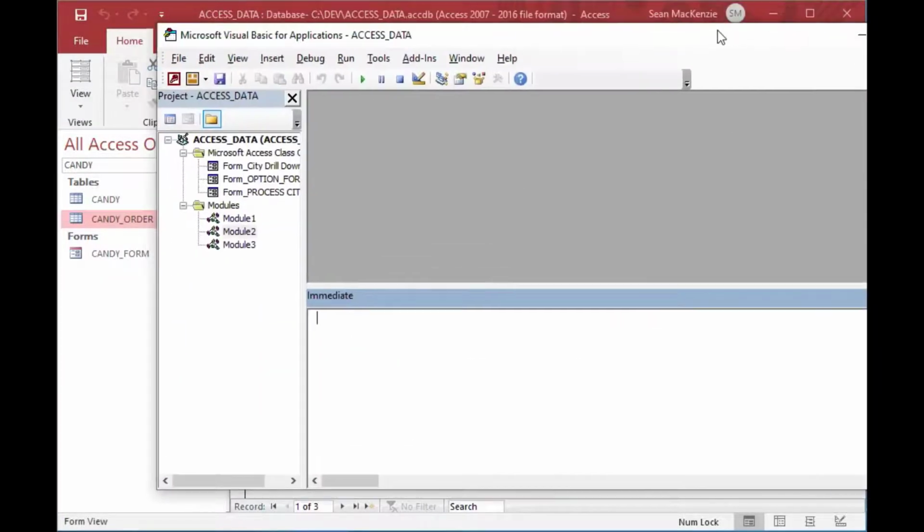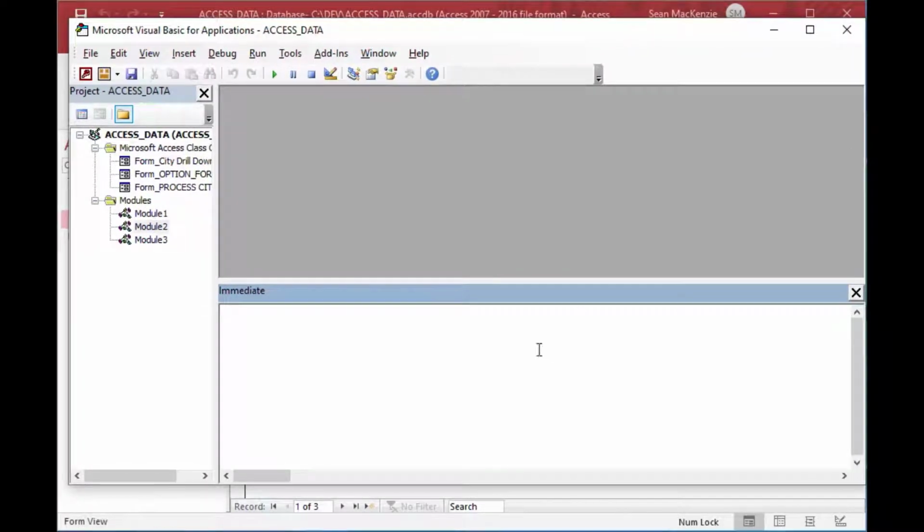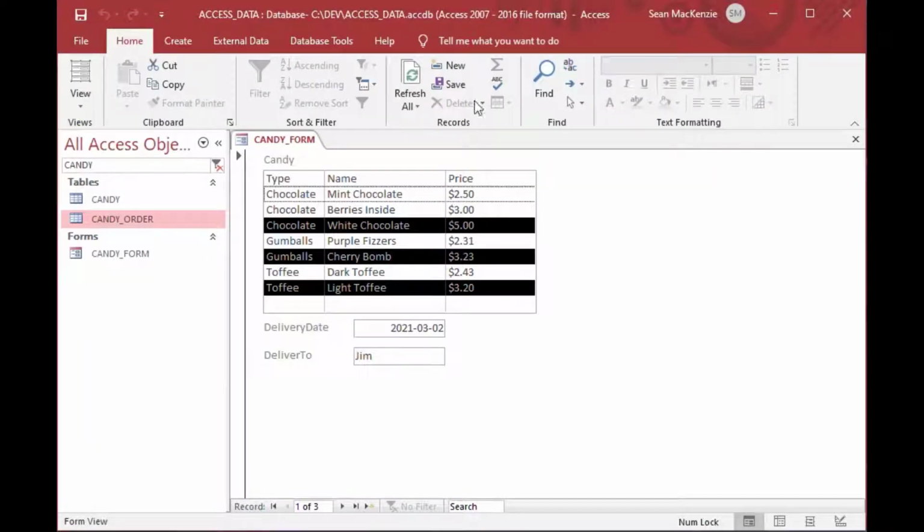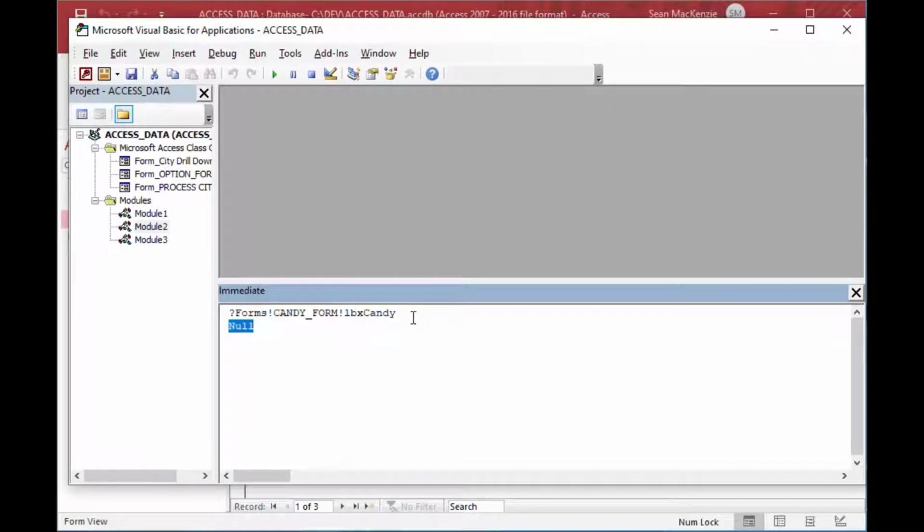Now, just like we showed before, if you use Control G, you can open the immediate window, put in your question mark, and request the value from the list box, just like we did last time. But if we do it the same way as last time, where we just ask for the value, you can see it says null, because the value of the list box itself is now null. But there are many selections in there, and the way to find the value for those selections is to use the items selected